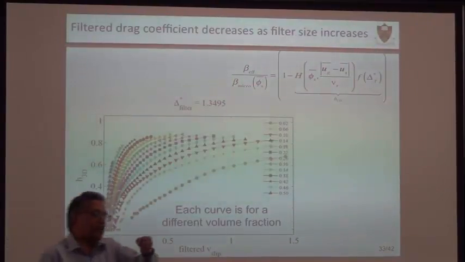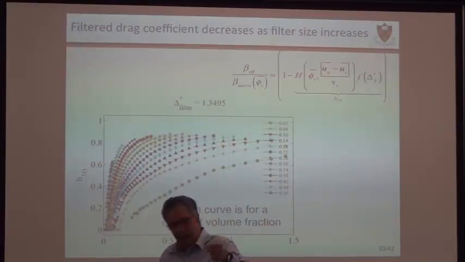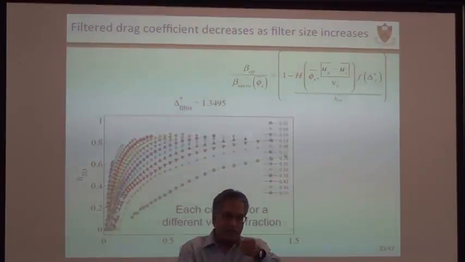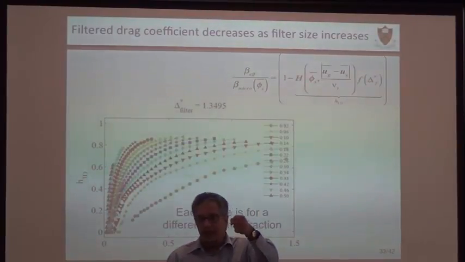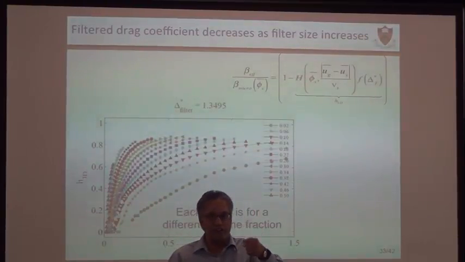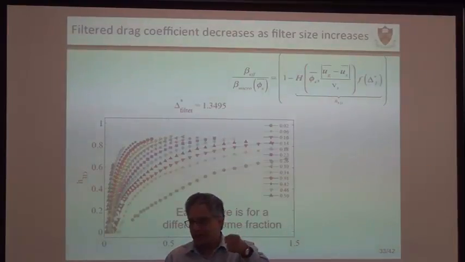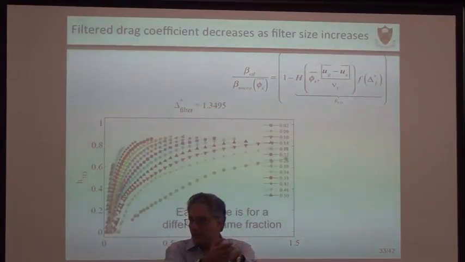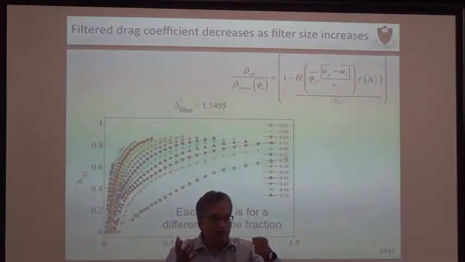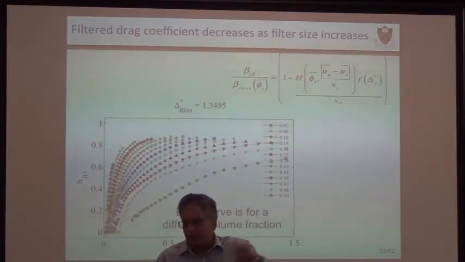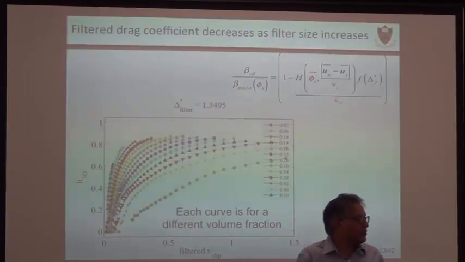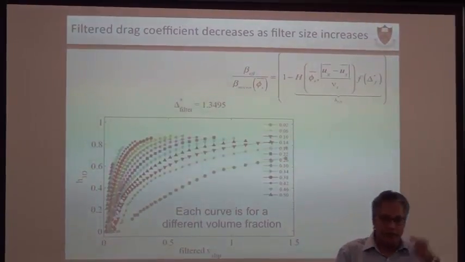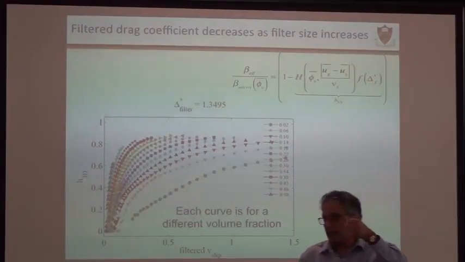If I tell you that I have one particle and a gas going past the particle, as the gas velocity increases, the Reynolds number goes up. Will that increase the drag coefficient or not? You will say, of course, it's going to increase the drag coefficient, because the drag force goes up as the Reynolds number goes up. But here I say the drag force goes down as the Reynolds number goes up. It's the exact opposite of what you will see when you do a single particle calculation.